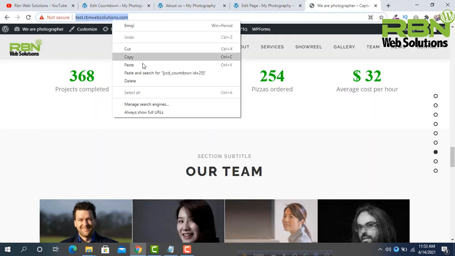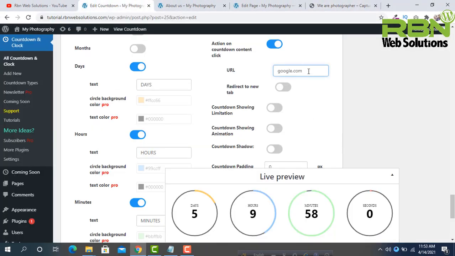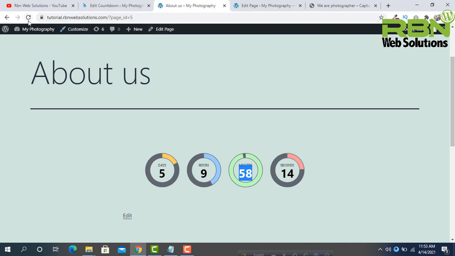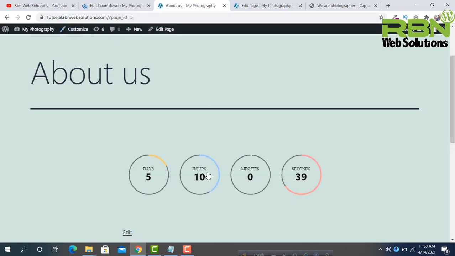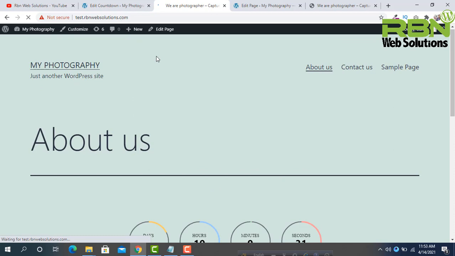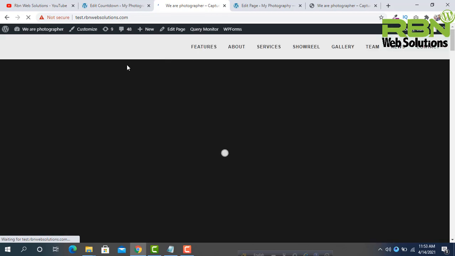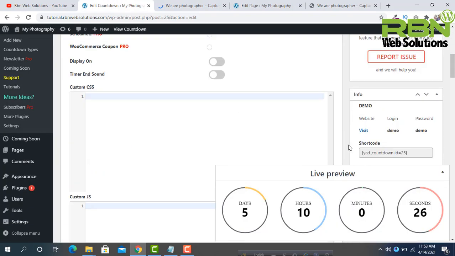Suppose this website, and then update, reload the page, and now can you see this timer is clickable. When you click here, it will go to the specific link or specific website. Can you see? This is a really awesome feature.